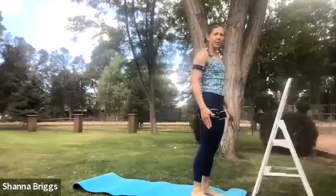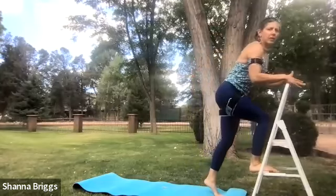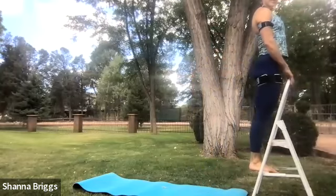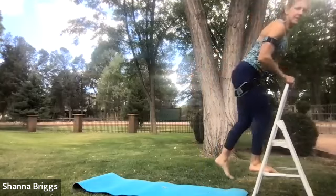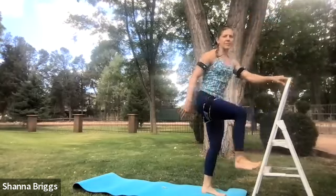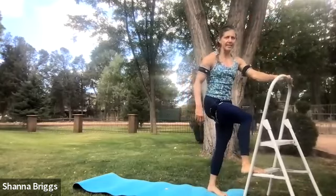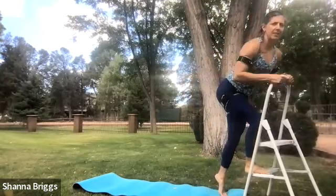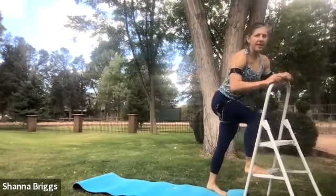Bringing both feet down, and then we'll stick with that left leg, picking it up, pulling into the arms as needed, trying to fully extend at the top. So squeeze the tush, stack the shoulders over the hips, and then making your way back down. Couple of things to pay attention to. Watch the knee doesn't dive in. So try to keep the knee in line with the foot, both as you come up and then as you